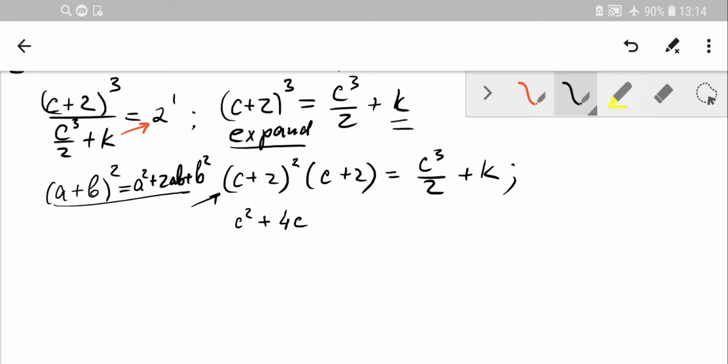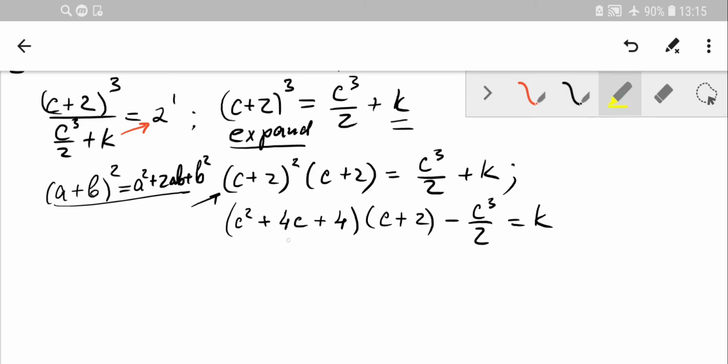So we use the formula here, and hence we just simply expand in this way, and that's (c + 2)^3 minus c cubed over 2 equals k. Okay, so what we can do now is try to expand the brackets. Simply, we need to take each term from that bracket and multiply by each term here. That's how it works. Or of course we can immediately apply the formula for (a + b) cubed,